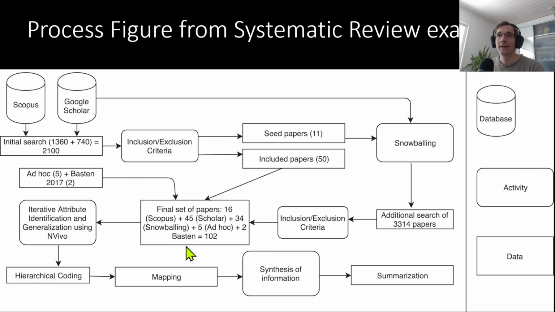After that, a final set of papers is gathered: 16 from Scopus, 45 from Google Scholar, 33 from snowballing. We notice that, despite using the systematic approach, we still found 5 papers through ad hoc searches that were not part of the systematic search approach. So even a small fraction of those non-systematic search results are still here. Okay, so we got 102 papers, and after that those are processed with